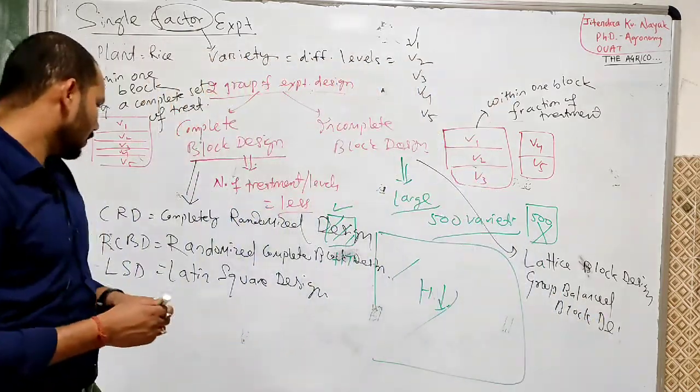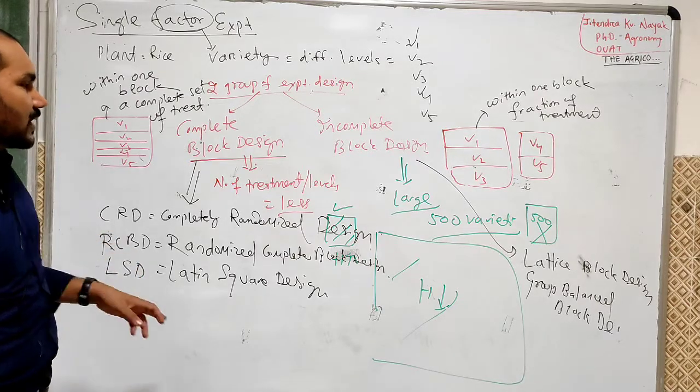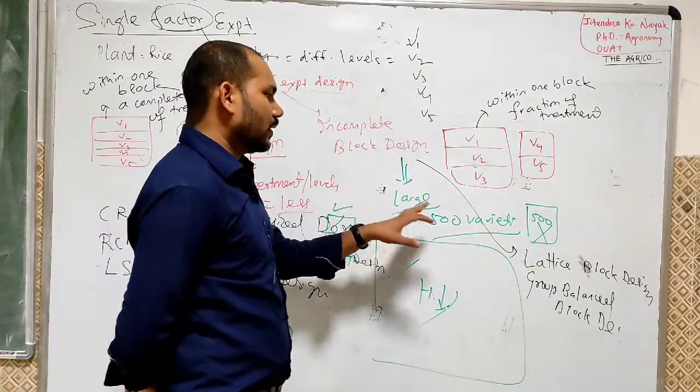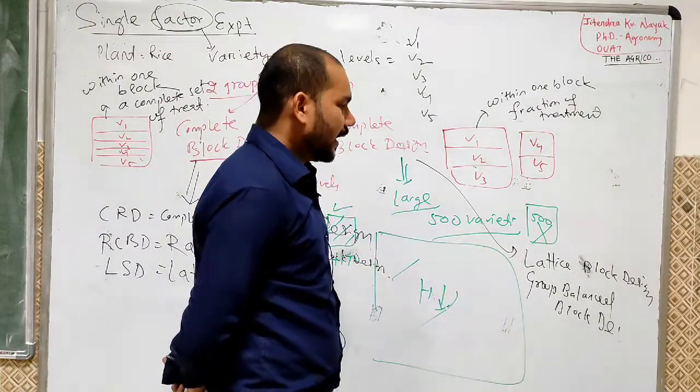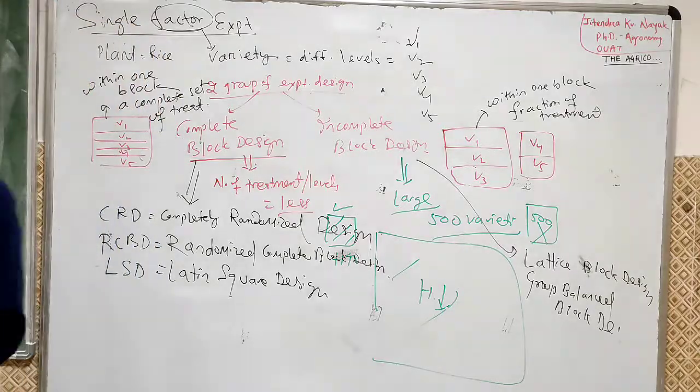Remember CRD, RCBD and LSD for complete block design. In case of incomplete block design, the examples are lattice block design and group balanced block design. Okay, so let us go for that. Now I will study, let us take that